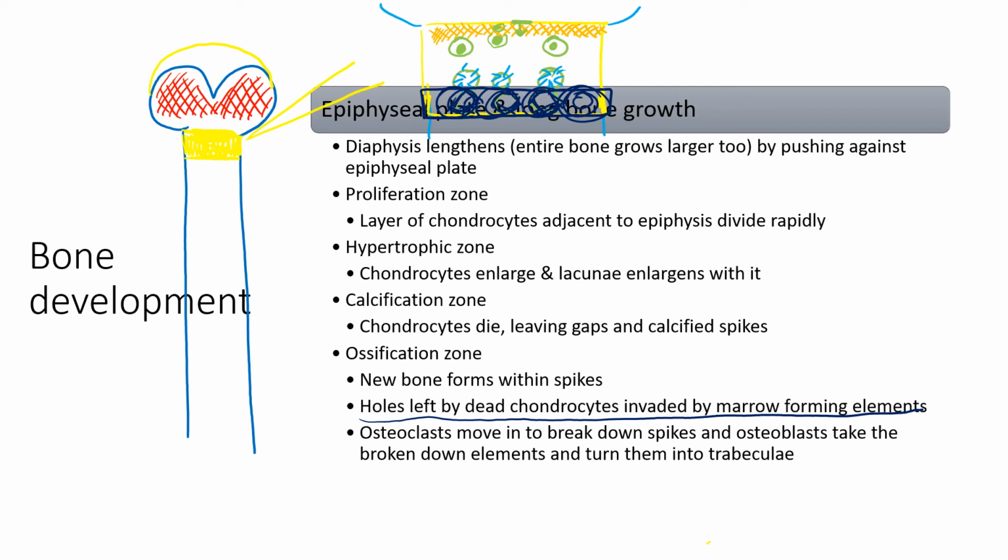Once that happens, osteoclasts will move in and break down those spikes. Osteoblasts will take the broken down elements and turn them into trabeculae. So you'll have